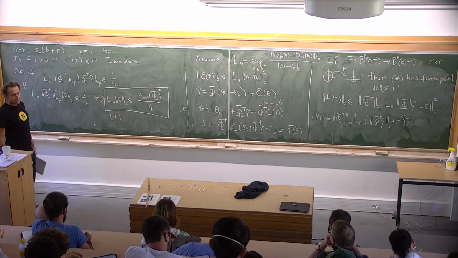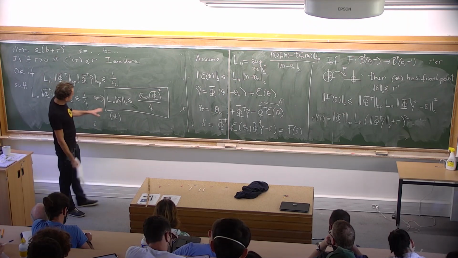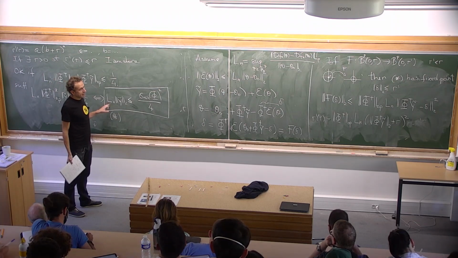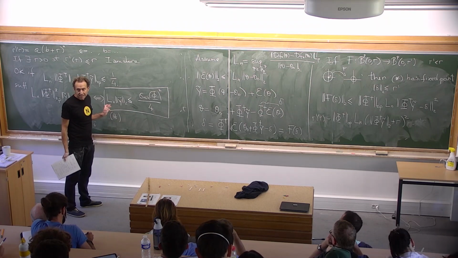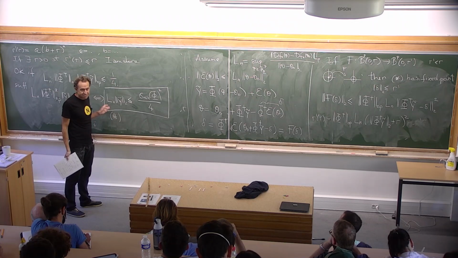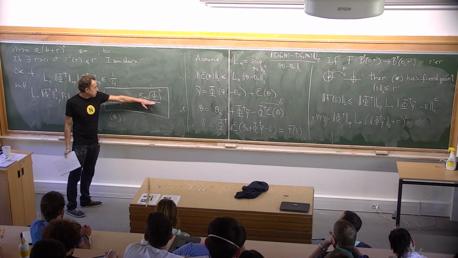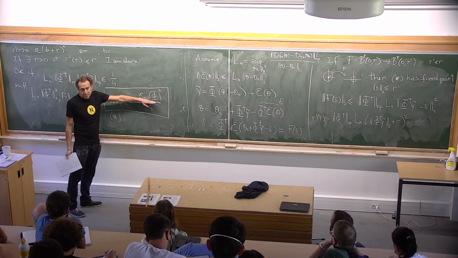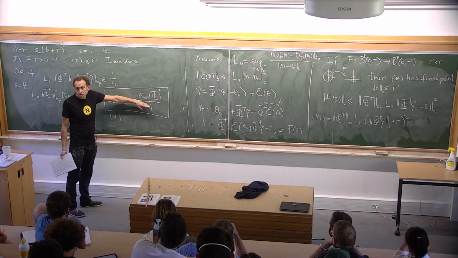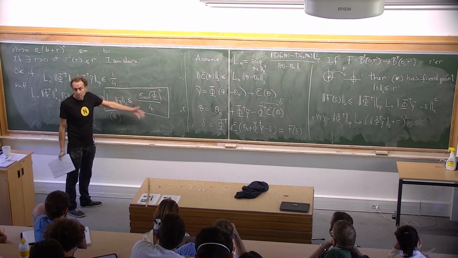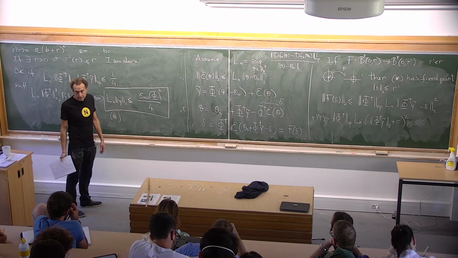Okay, so let's look a little bit at this. Does this make sense? Yeah, well, it does, because I want Ln, which says how nonlinear my model is, to be small. Well, I'm approximating by a linear model. This will work out if Ln is small. And I want the Jacobian at the initialization to be non-singular. And it makes sense, because if the Jacobian at the initialization is singular, then the linear approximation is probably not a good idea.